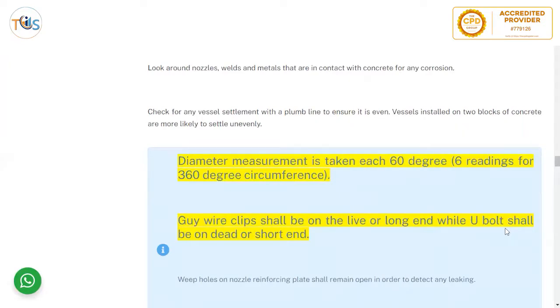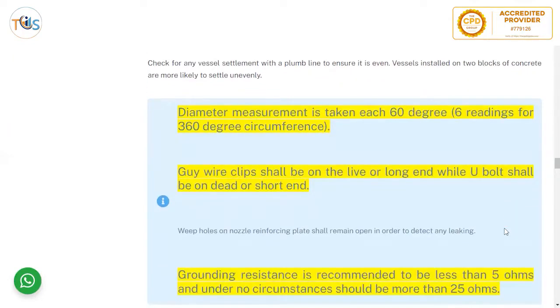If the distance changes between the string and the vessel, that shows that it's actually not straight, it's not vertical, for example, and that shows the settlement. Diameter measurements are taken each 60 degrees, 6 readings for 360 degrees, and guide wire clips